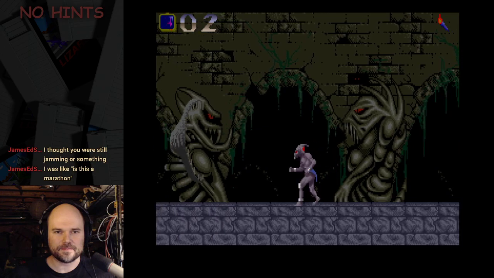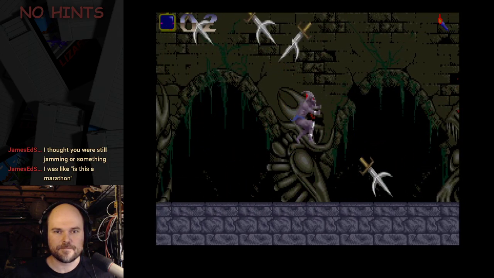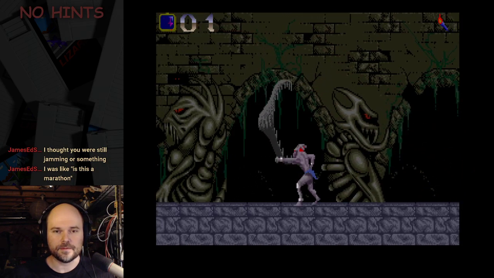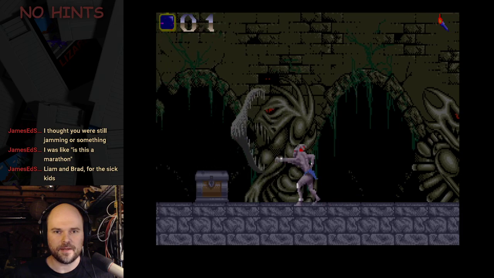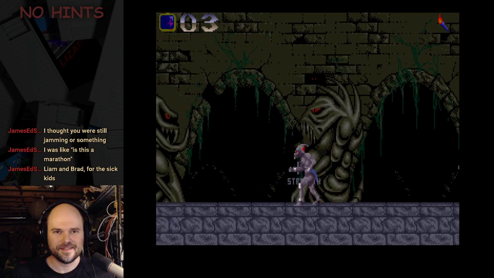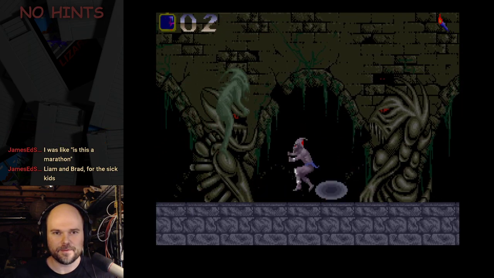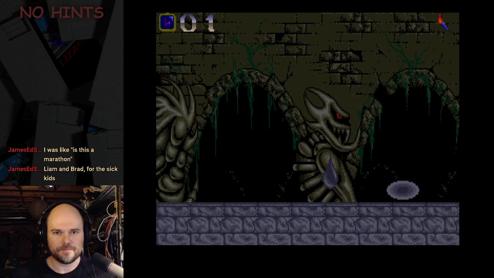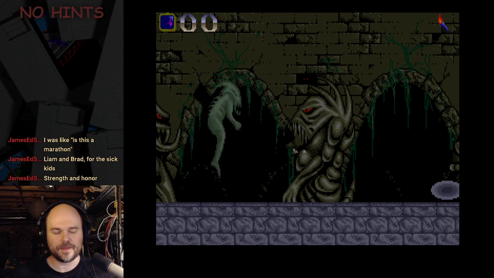Okay, so there's a mouth, and then there's all these axes. Are those the same every time? Okay, there's one more, and I can get some health. Okay. Alright, I'm already doing four better than I was last time. Now what? Oh, these things. Whoa. Maybe I can...